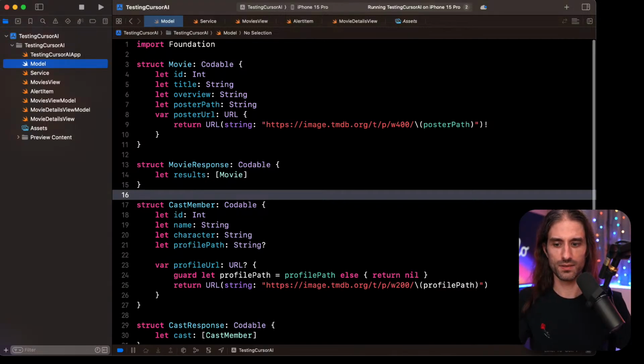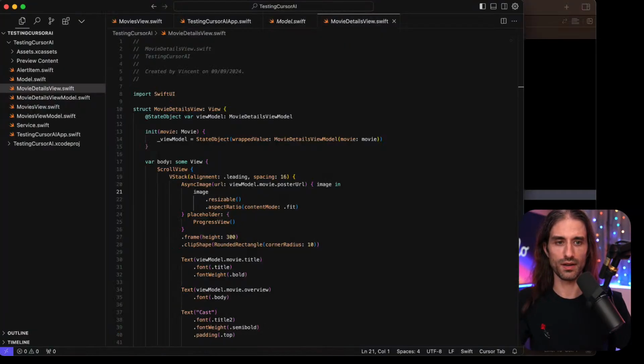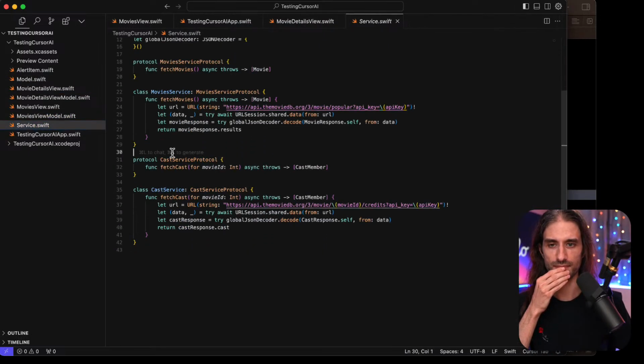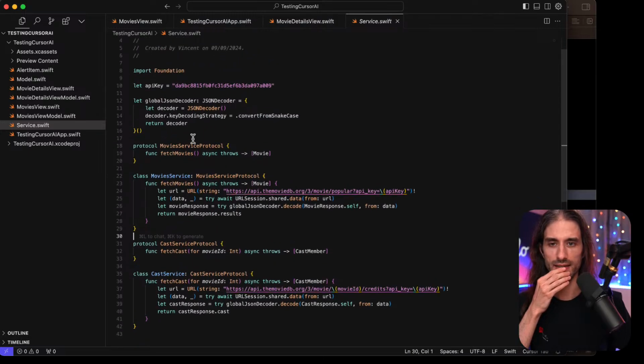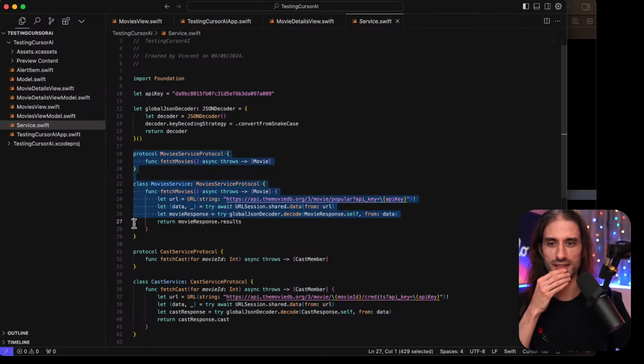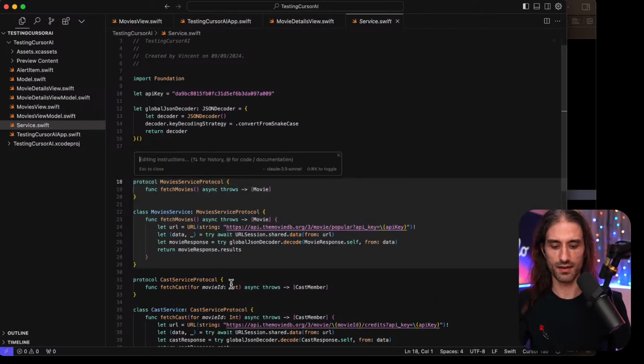So let's go back into Cursor, and I'm gonna make the window slightly bigger. So it's gonna be in the service. All right. So I'm gonna select this code explicitly, and I'm gonna say refactor to add pagination.